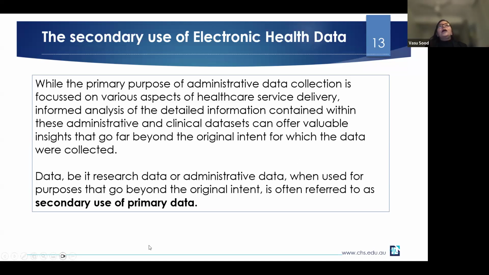Let's say people here are getting more sick, with more cough and flu in the month of June because it's winter here. So the data collected throughout the past one, two, or three years can be analyzed to see how many people are hospitalized in the winter season. The primary use of the data was just because the patient visited, was treated, and their visit was scheduled. The secondary usage is when we analyze that data and try to understand the deeper meaning.